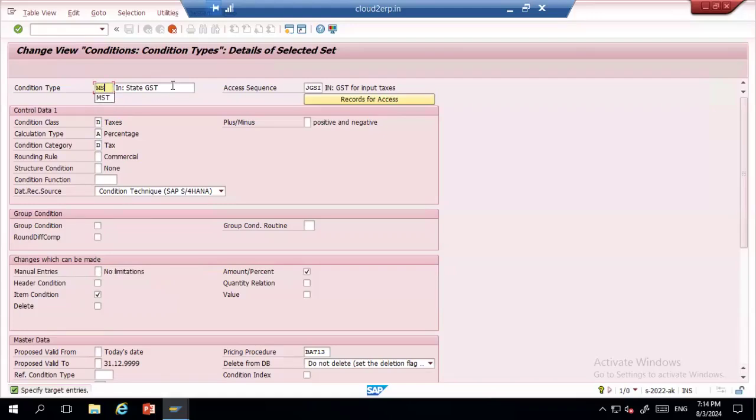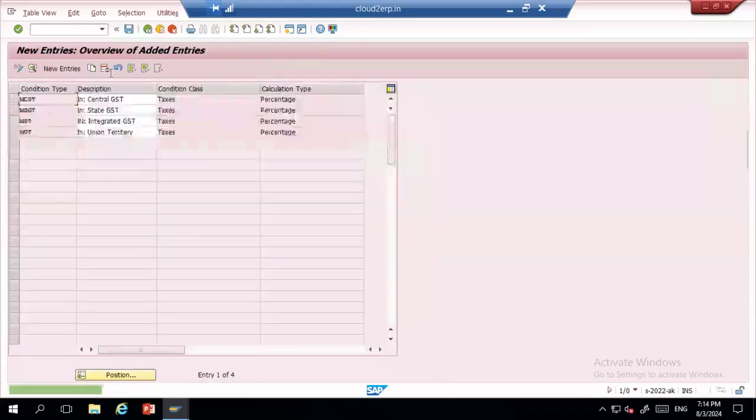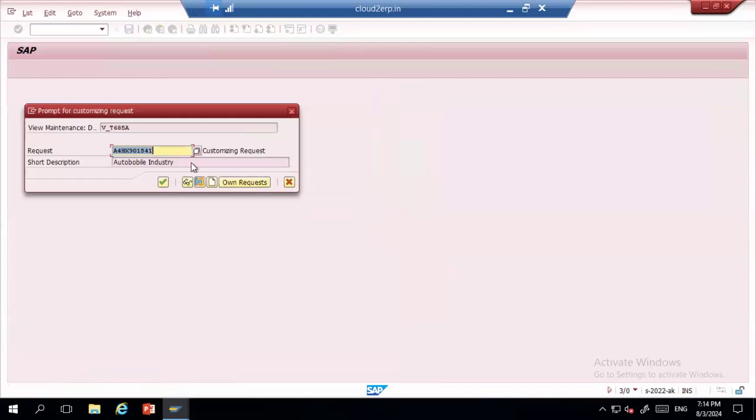This is MIGST, and this is the union territory one. So these are the four taxes I created: one is the central GST, state GST, integrated GST, and the union territory GST. So these all are your tax condition types which we created now.